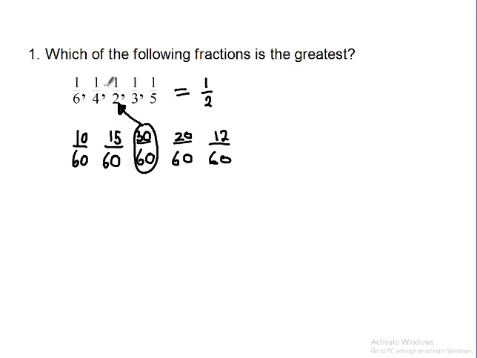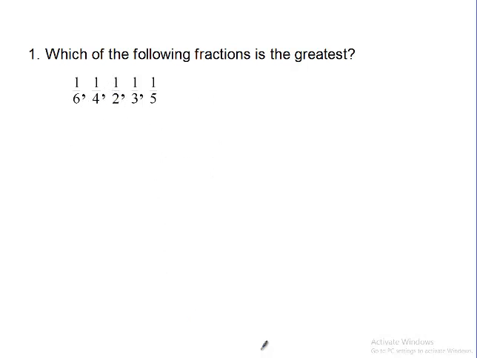In this case, however, quickly just to point out, there's a shortcut way of doing it. The shortcut way would have been simply to have a look and see that they all have the same numerator, and this is 1/2, 1/3, 1/4, 1/5, and 1/6. Now, obviously, if you cut a cake into more pieces and take one piece, the more pieces you get, the smaller they become. So definitely, if you cut a cake into half and you took half, that is going to be the greatest fraction. And all of these other numbers will definitely be less